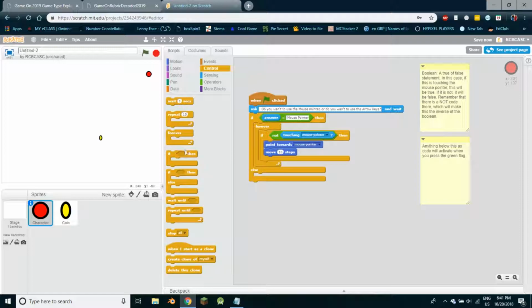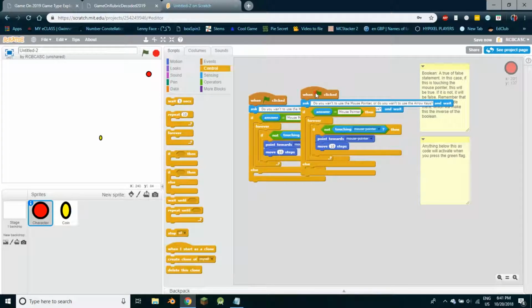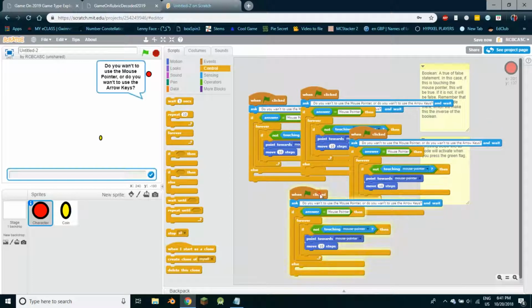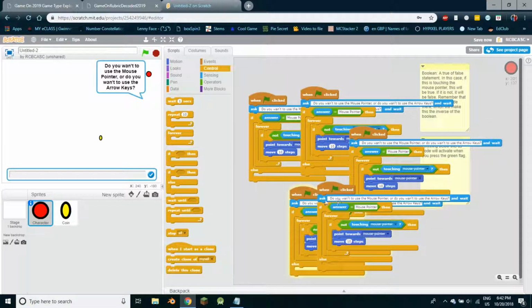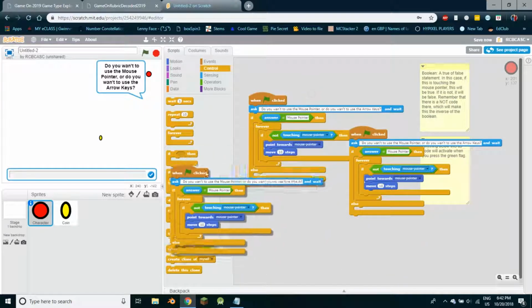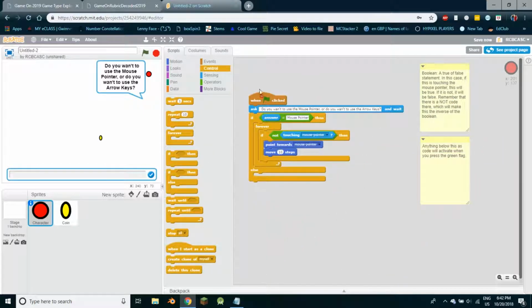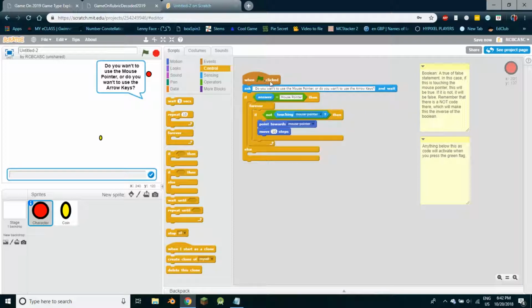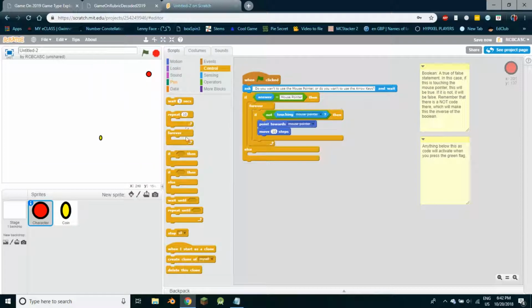Personally, I like to do it this way so we don't make too many different events. So basically what I mean is, if I do one for each arrow key, look at how messy this gets. But if I do just one, then there's only going to be one of these events. It's just going to be longer, but not as chaotic. Alright, so we're gonna use this in the forever loop. So forever,